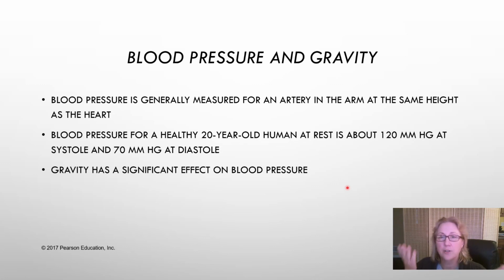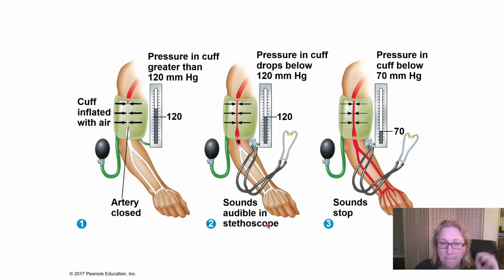We don't want either number to be too high. A really high systolic number indicates that you're damaging your blood vessels. If the diastolic number is too high as well, that indicates that the pressure is never getting low enough and that your blood vessels are sustaining damage all the time. And so neither one of those things is good. Sustained high blood pressure is very well known to be associated with all sorts of bad outcomes, including heart disease and stroke. So we don't want to have high blood pressure.